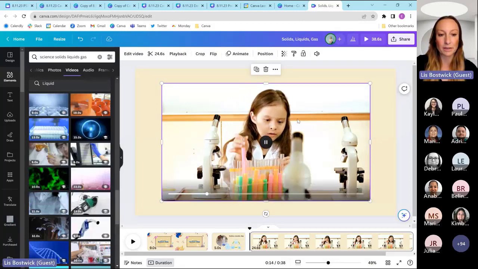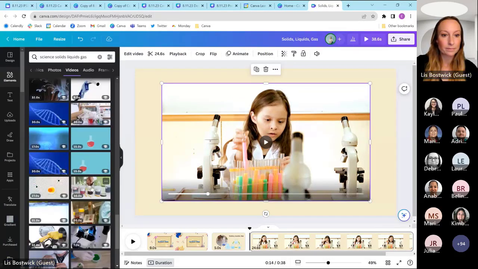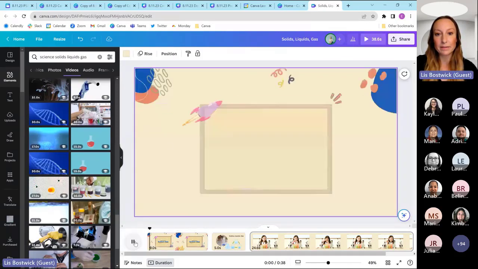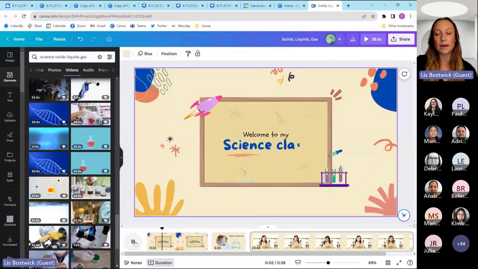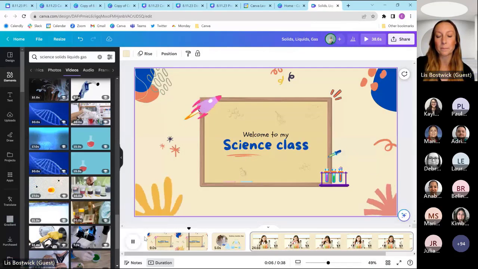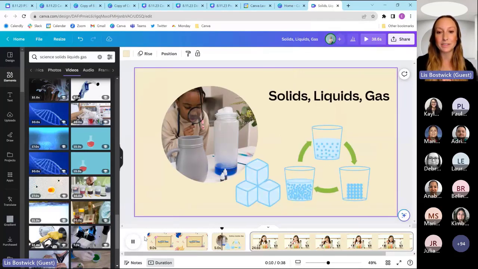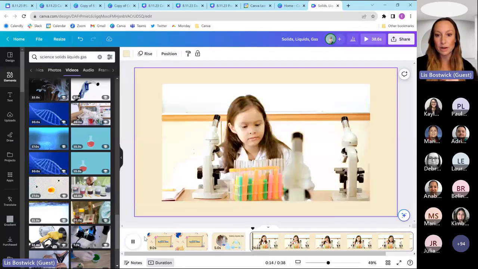We'll just use this for the sake of an example here. So now, if I go back to the beginning, we've got our animations that are already in here. They're going to play. Right now, we don't have any transitions in. So in between slides, you can see my timeline just continues to go.